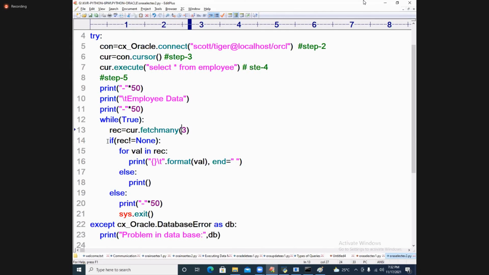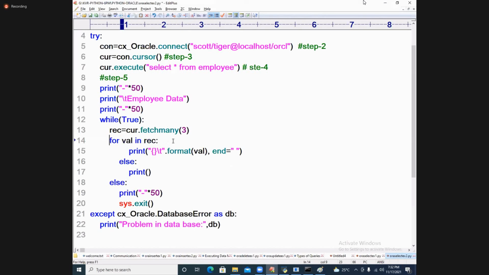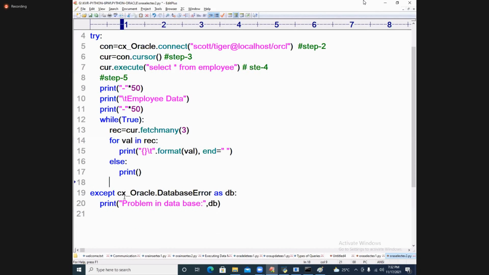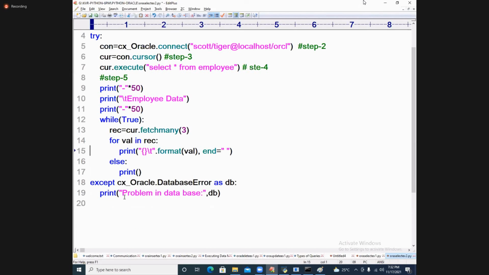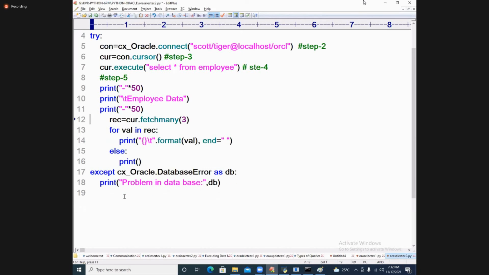Okay, so here rec, this should not be written. Yes, not a problem. Value is equal to, so done. Else, this part is not necessary. We are coming to this point. Fetch many. I will write it. Remove this part. Right. Coming to this area. Now print. Yes, sir. Fetch many means it is printing.